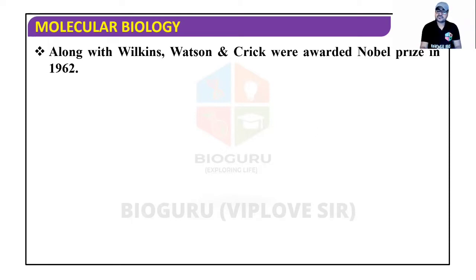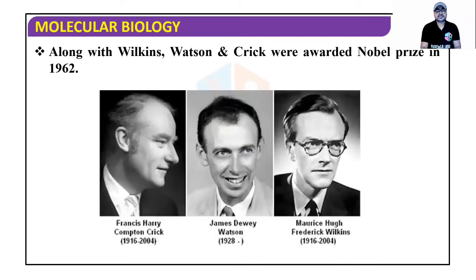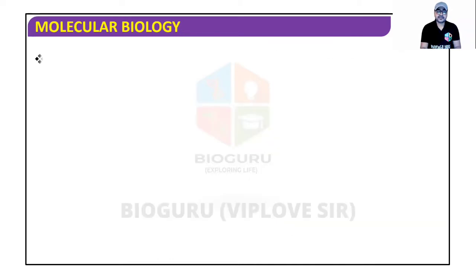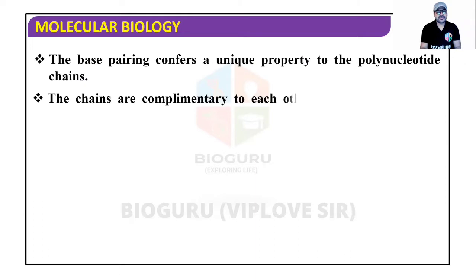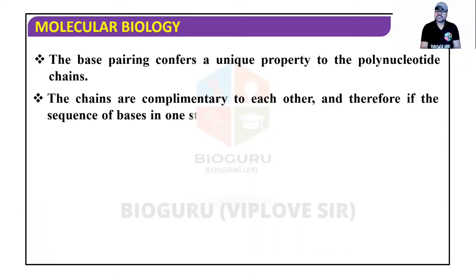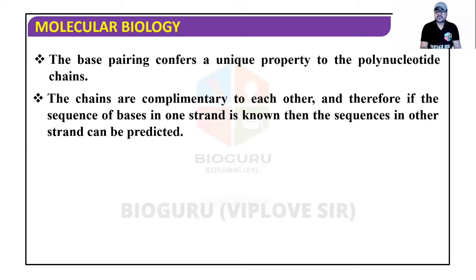Along with Wilkins, Watson and Crick were awarded the Nobel Prize in 1962. And the base pairing confers a unique property to the polynucleotide chains. The chains are complementary to each other. Therefore, if the sequence of bases in one strand is known, then the sequence in the other strand can be predicted